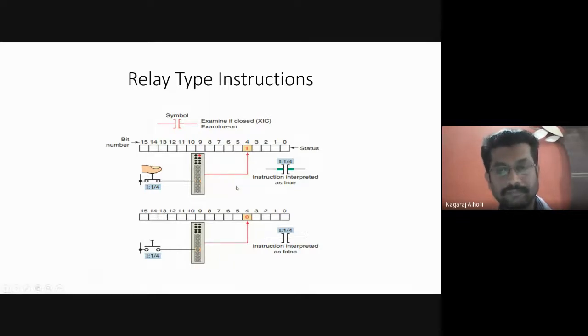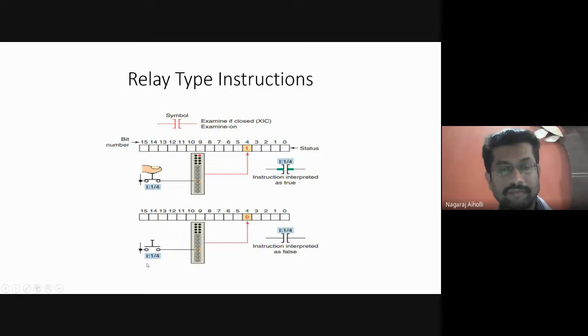Okay. Here you can see the green mark. This green mark indicates that the instruction is interpreted as a true condition. It has interpreted the true condition because there is logical connectivity or continuity from the left to the right, correct? That is why it is shown with the green mark, which indicates that the instruction is interpreted as the true condition. And also the same is shown as I:1/4. This is how it operates here.